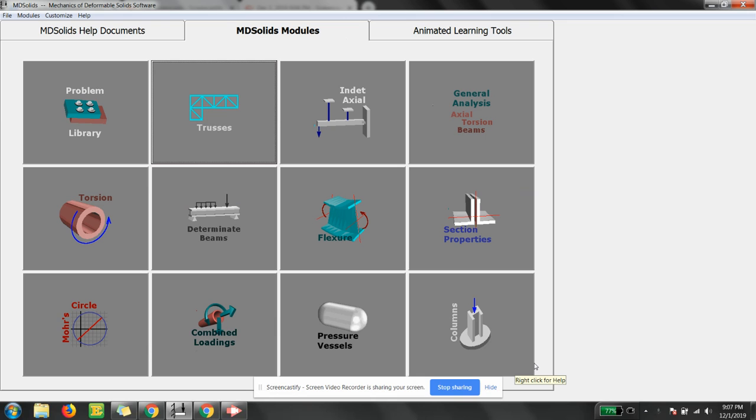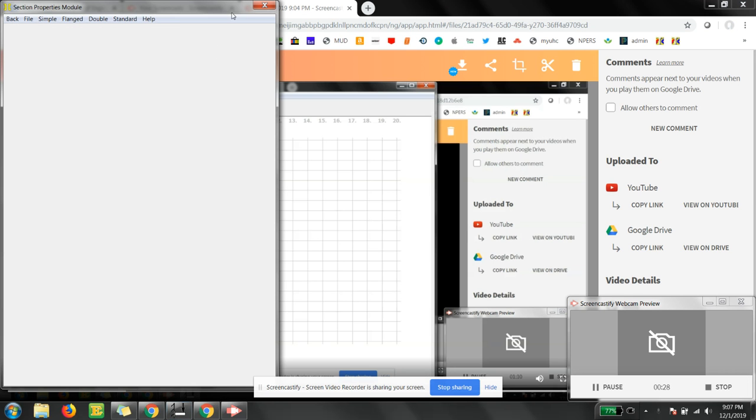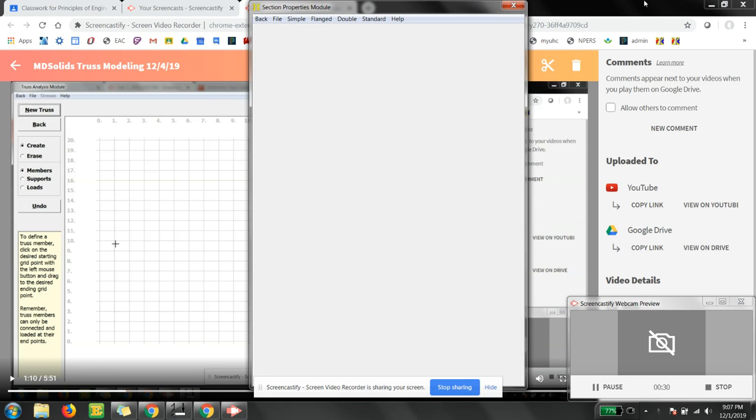Okay, so we did trusses yesterday, and if you didn't have that done, you should probably get that truss calculation picture done using MecSolids. But I'm going to look at section properties because we did a bunch of work with centroids a couple weeks ago, and I want you to go through and use MecSolids to solve some type of